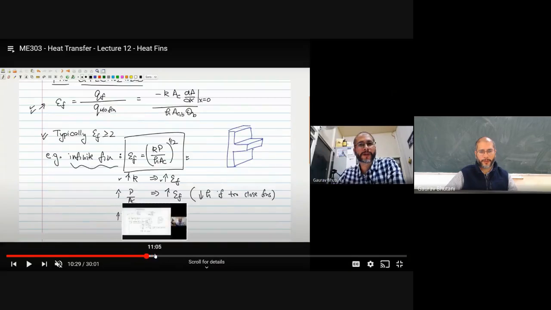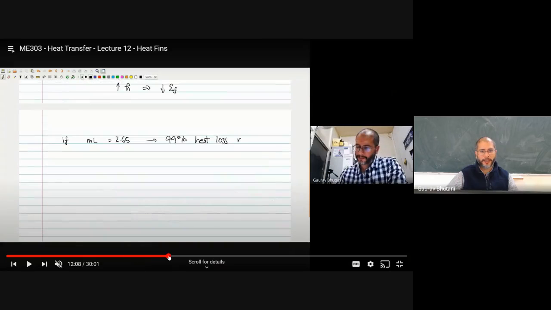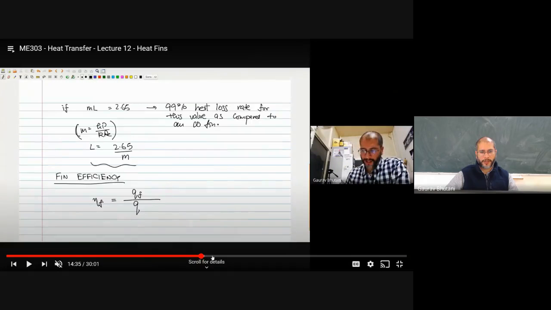Okay, so next we talked about the fin efficiency, which again is an extremely important parameter. Now, fin efficiency means once you have decided on putting a fin, how efficient is that fin? So we compare that with an ideal fin having an infinite thermal conductivity. That means there's no resistance that the fin provides, and it simply increases the surface area without any overhead.